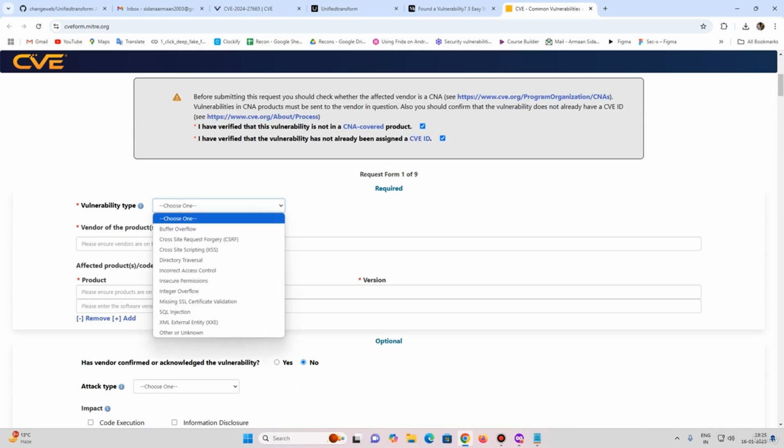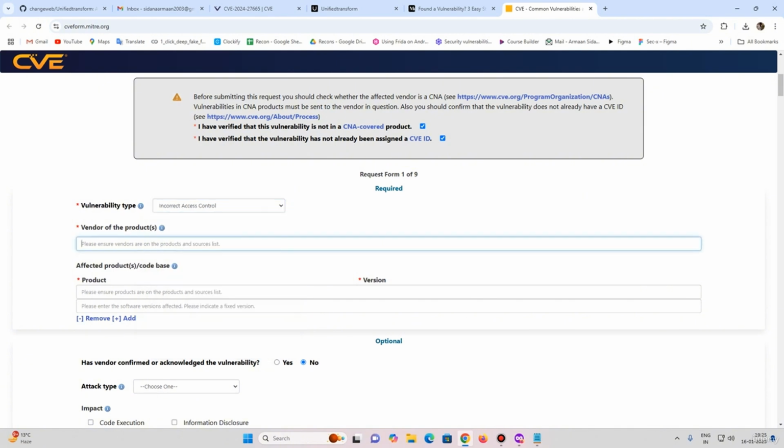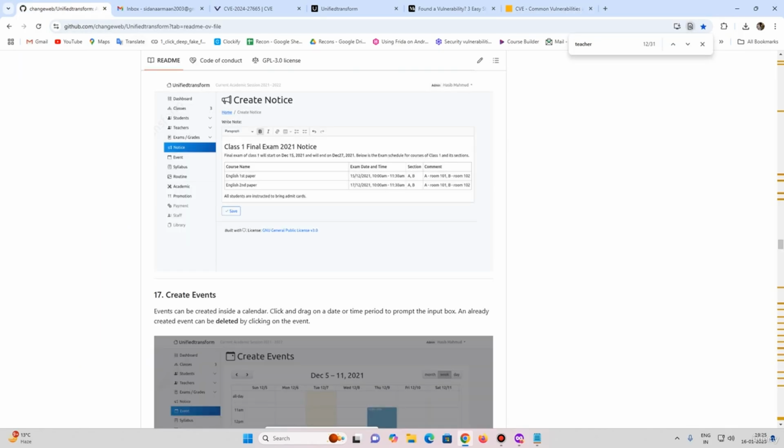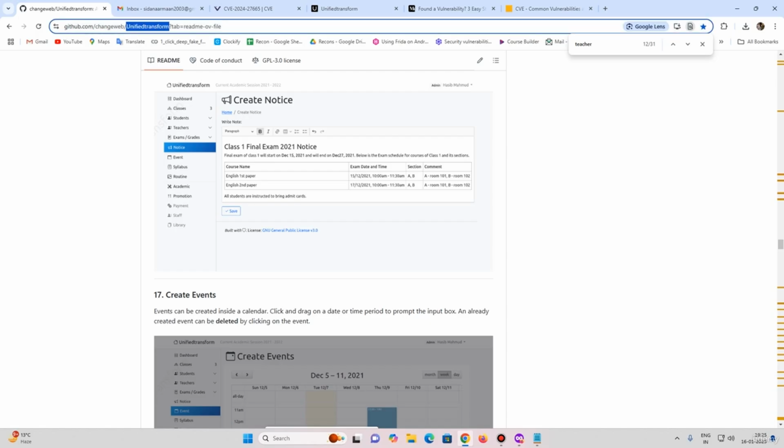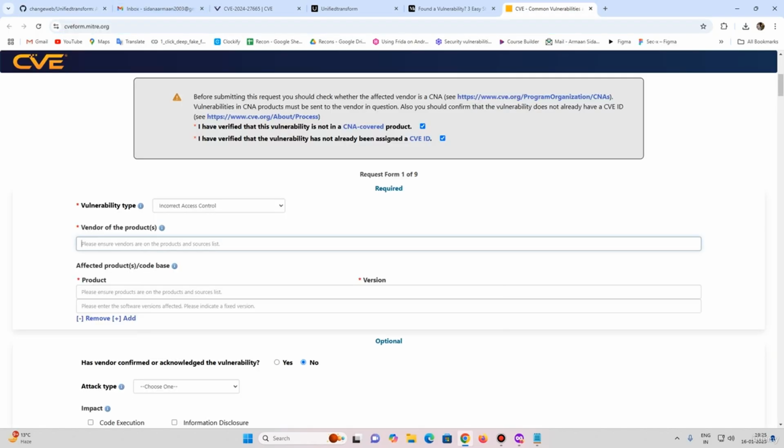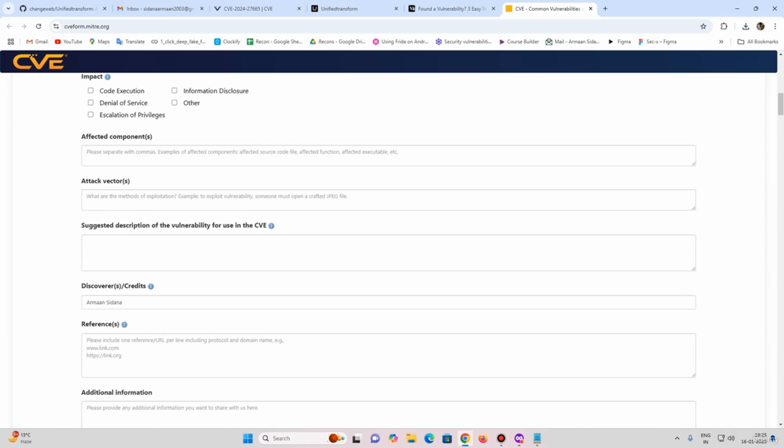Yeah, I have already checked it. So the first bug was incorrect access control. Please ensure vendors are on the product and sources list. Vendor of the product, so it's Unified Transform, if I spell it right, and it was 2.x version. It would be